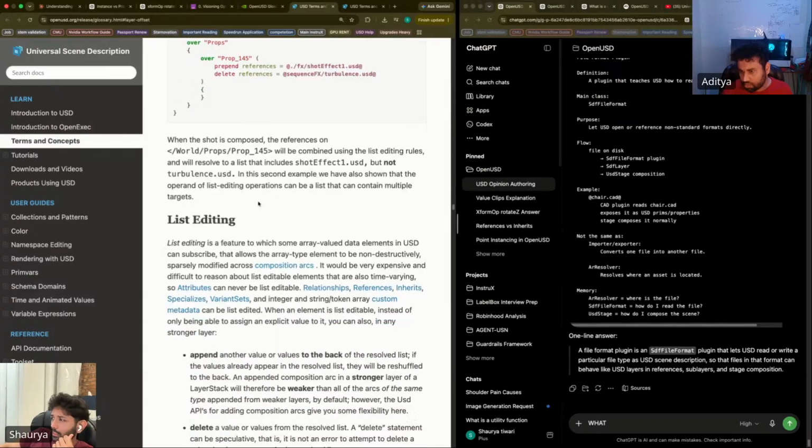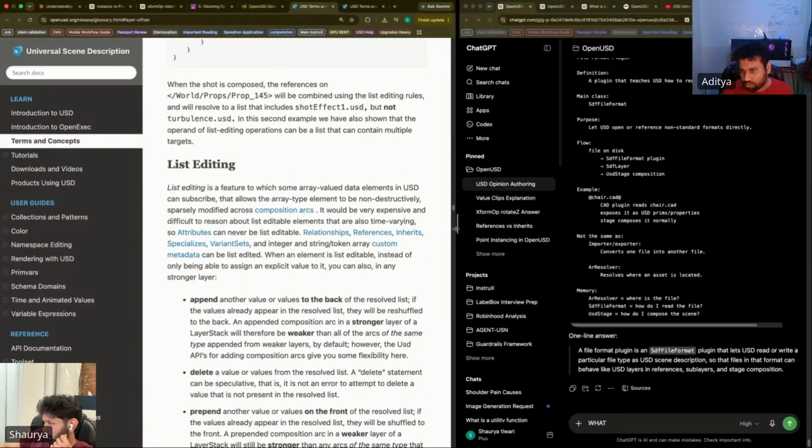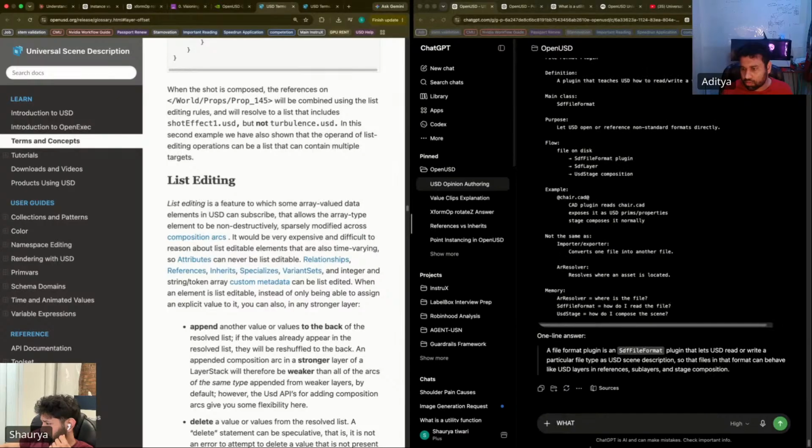All right, list editing. A layer is an atomic persistent container of scene description for USD. A layer contains zero or more prim specs that in turn describe property metadata values. Each layer possesses an identifier that can be used to construct references to the layer from other layers.